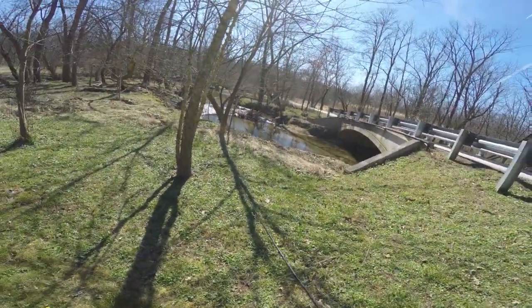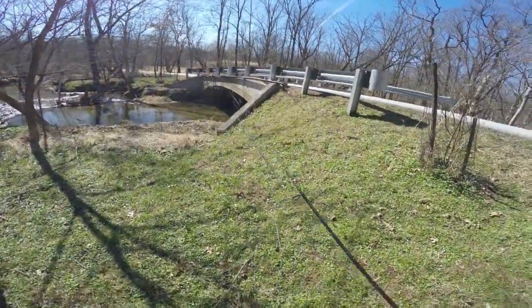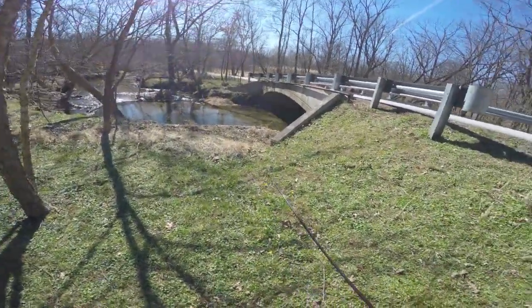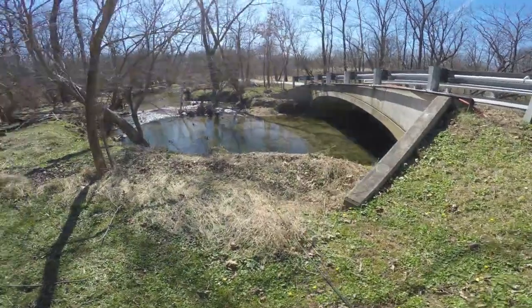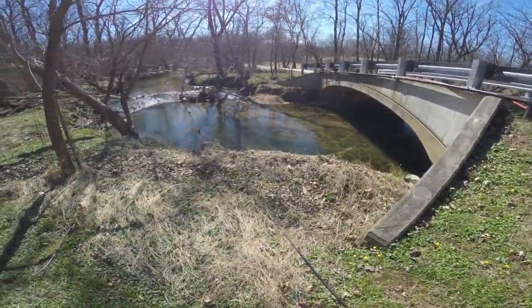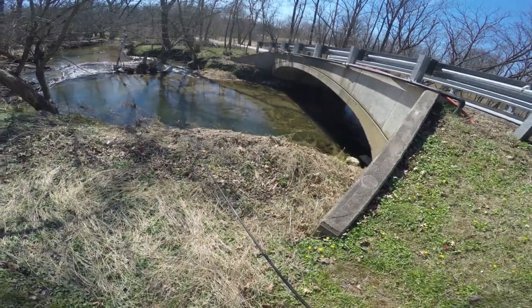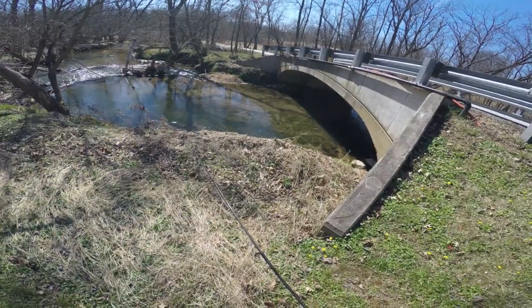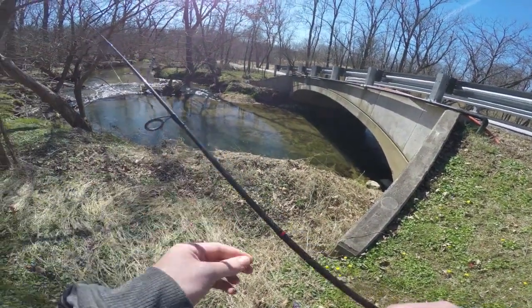It is a beautiful day outside. We got like 67, almost 70 degrees and bluebird skies, not real breezy. And today I thought would be the perfect day to do some fishing. Although today I am not at the delayed harvest like I attempted to do last time. Today I am at an ultra top secret wild trout spot,